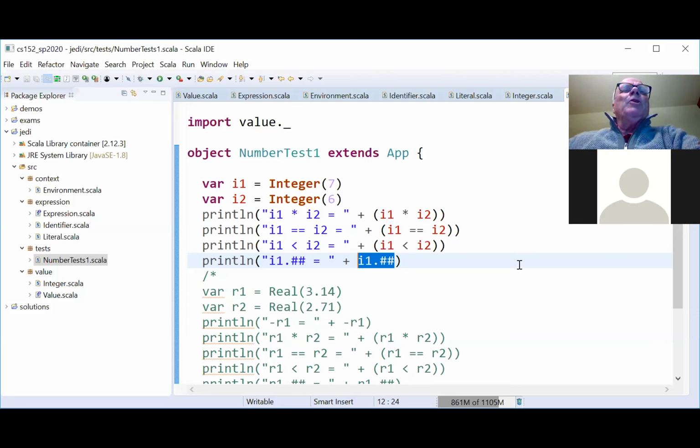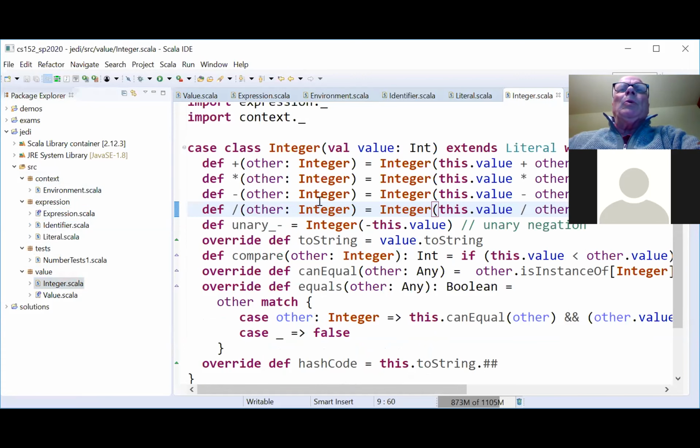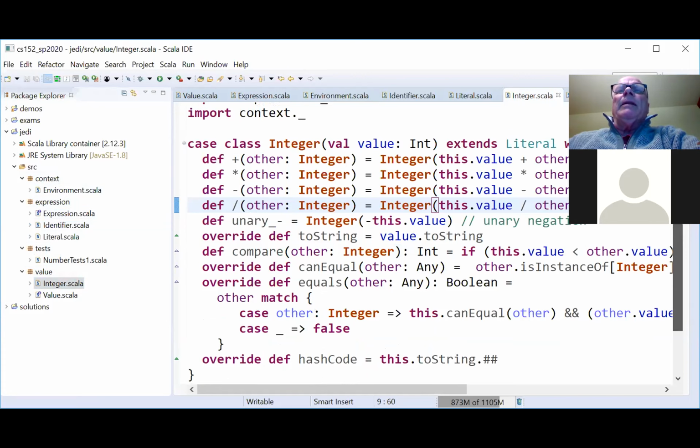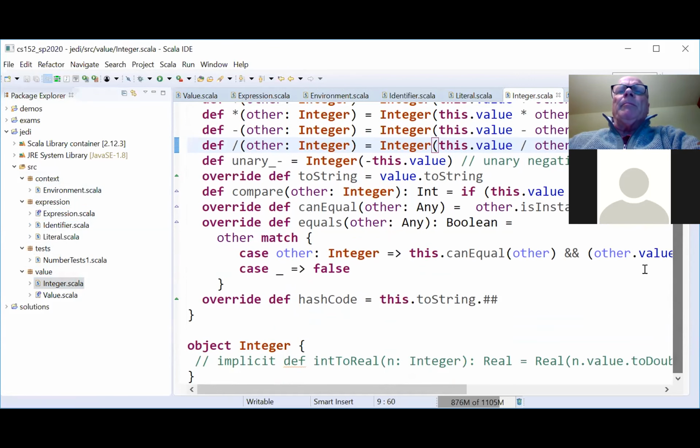Okay, so you're going to create in the value class, you'll create real.scala. And real.scala will, I think, be pretty similar to this, with just real put in. And then you can come back and uncomment this guy. I think it'll just be frightening if I try to explain what's going on with this implicit def right now. So I'm going to hold off on that for a little bit. What else needs to be said here?